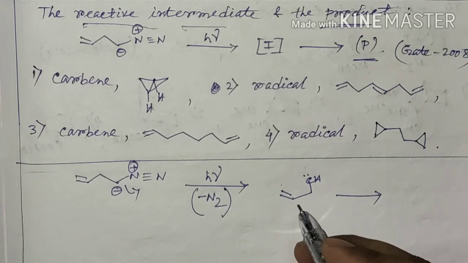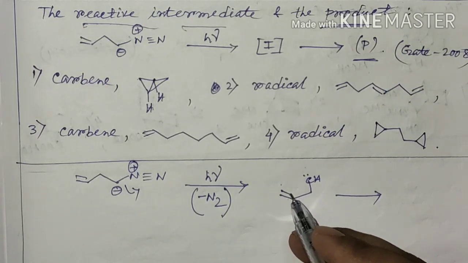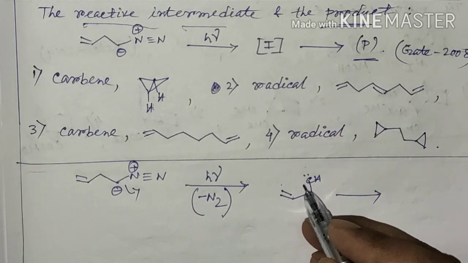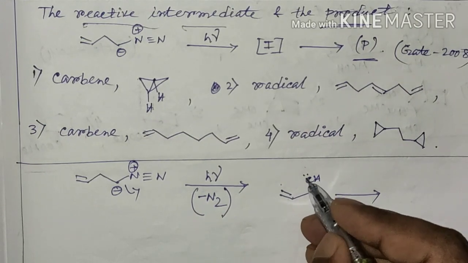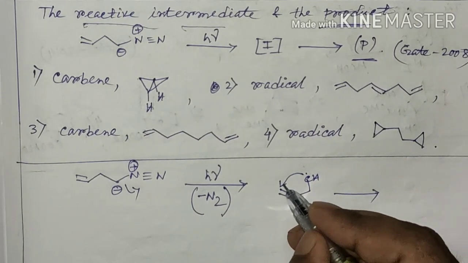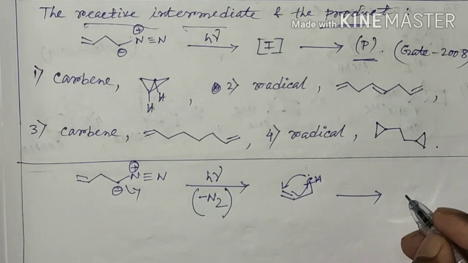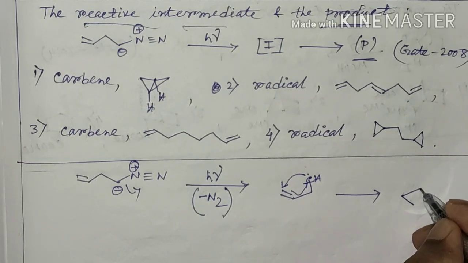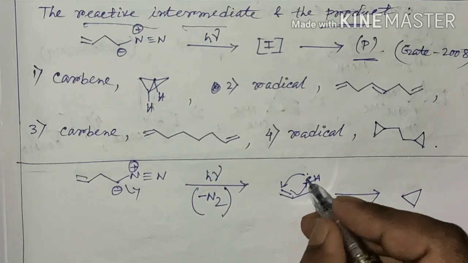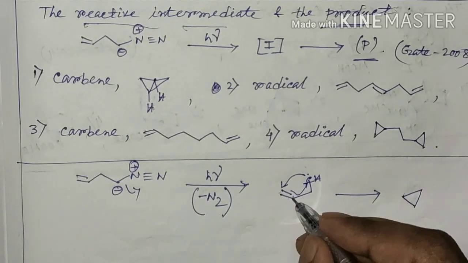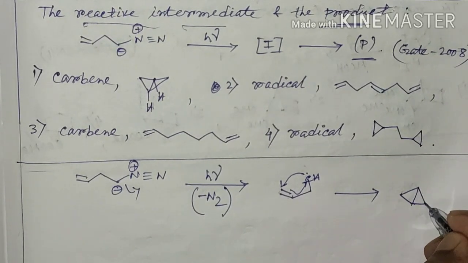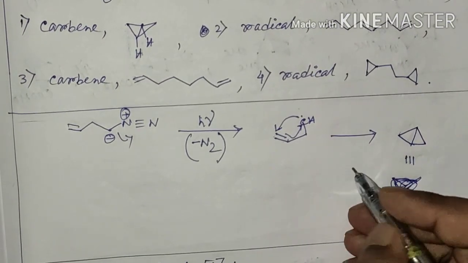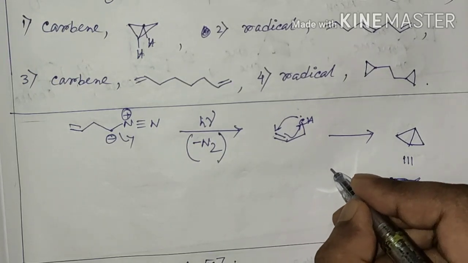Now here we can see that there is one double bond within the compound and the carbene species, and we know that carbene can be added to a double bond, so it will undergo addition to the double bond, and the generated species will be, here will be 2 bonds with this carbon, and there is 1 bond like this. Is it okay? Now if we draw this structure in a better way, then it will look like this.